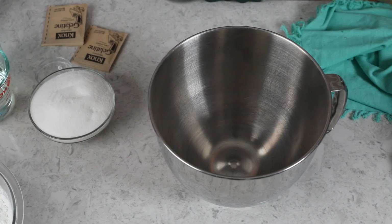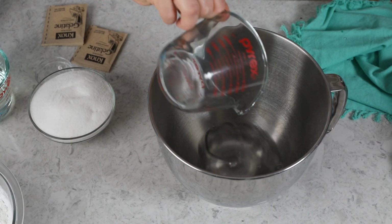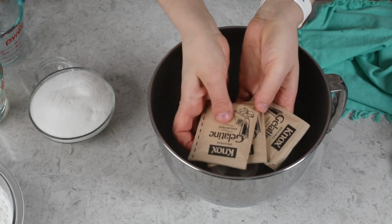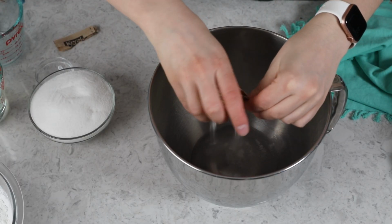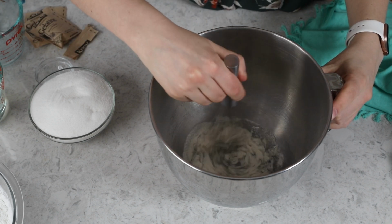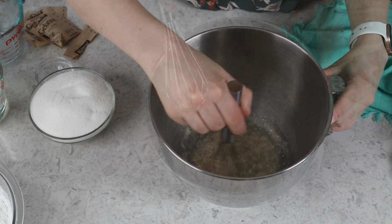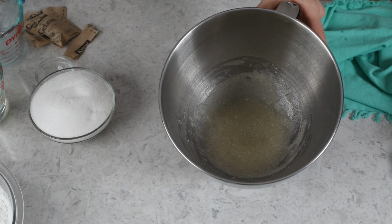All right, next you're going to need 1/2 cup of ice water, and we're going to pour this into the bowl of a stand mixer. I like to use the metal bowl of my stand mixer. Next you'll need 0.75 ounces of powdered gelatin. This is usually 3 packets if you buy powdered gelatin from your supermarket, and this is plain, unflavored gelatin. We're going to add this into our ice water. We'll give this a brief mix, and you may notice that there are little clumps forming in there. It's not going to be a nice smooth mixture. That's totally fine. We're going to pop this back on our stand mixer and set it aside,